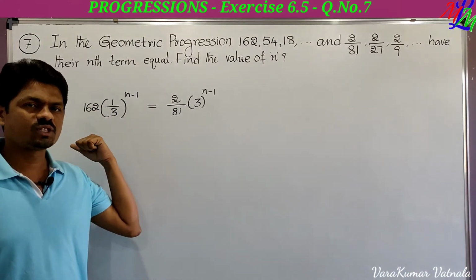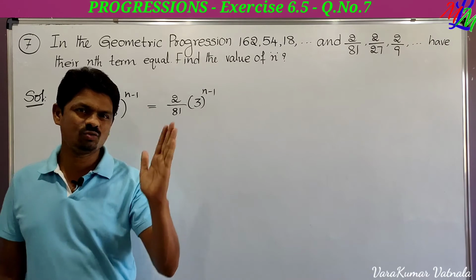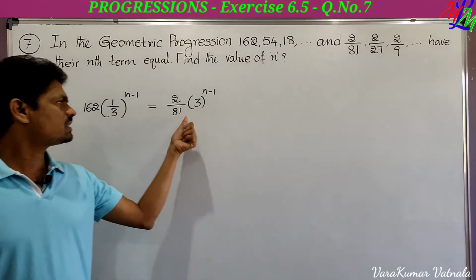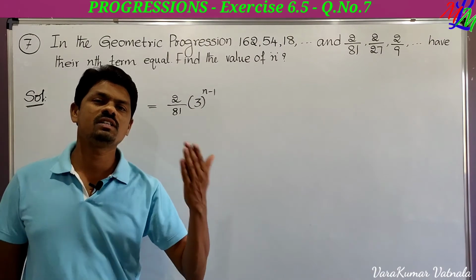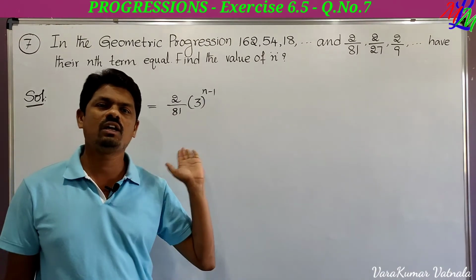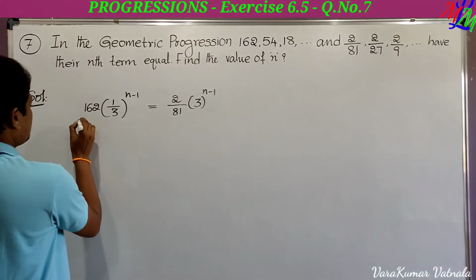Since the nth terms are equal for both the geometric progressions from equations 1 and 2, this is the nth term of the first GP, this is the nth term of the second GP. Since they are equal, we have to equalize them. So now we have to find the value of n. See here how can we find. So see here I am writing